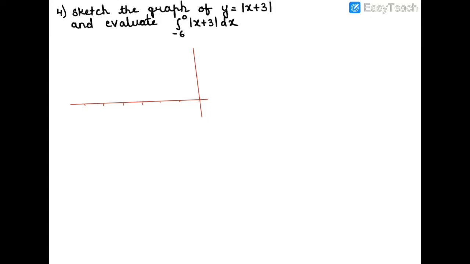Sketch first of all the graph. You can see here this is y is equal to mod of x plus 3. A mod opens up as minus x plus 3. I'll write it a little below. y is equal to mod of x plus 3, which will be minus x plus 3 and plus x plus 3, like this, for x is less than minus 3 and x is greater than or equal to minus 3. So these are two lines.